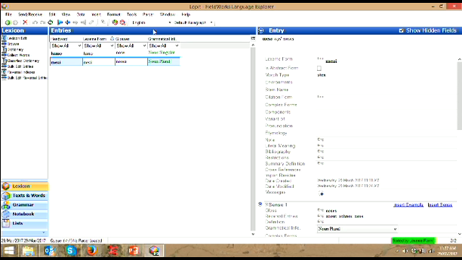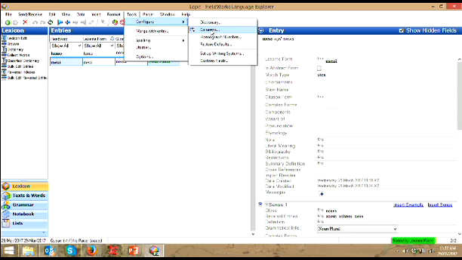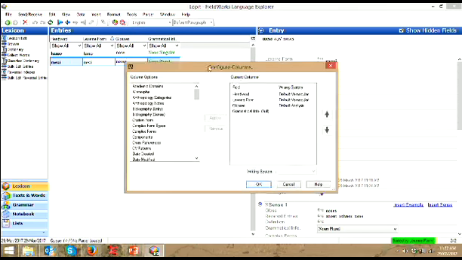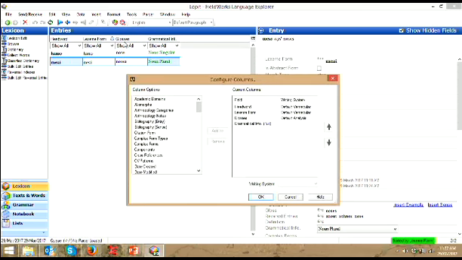But what you want to do is also be able to see whatever the most relevant information is when you're working with it. So an important thing is to be able to go to Tools, Configure Columns here. And this allows you to choose what's showing up. So you can see here it's got head word, lexeme form, glosses, grammatical info. But maybe I also want to be able to show up,